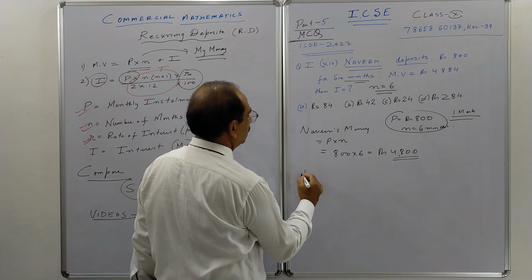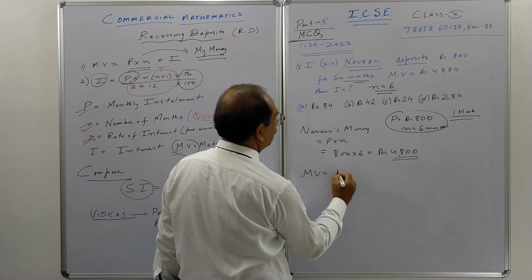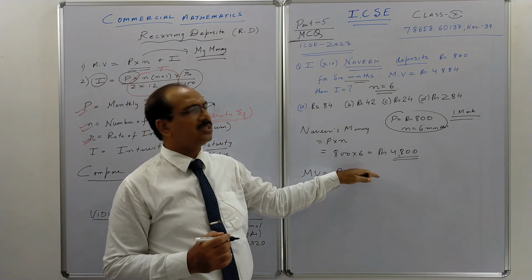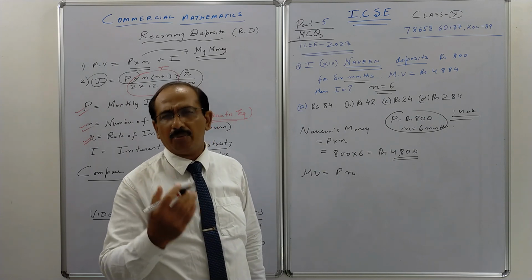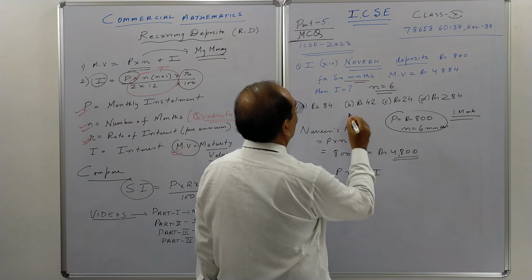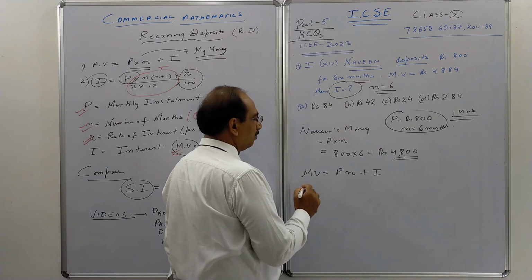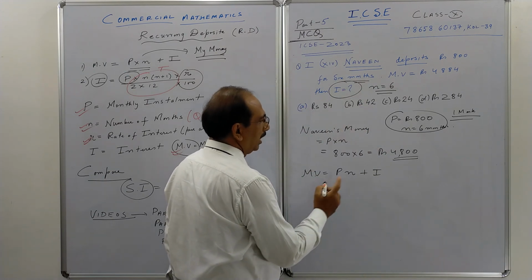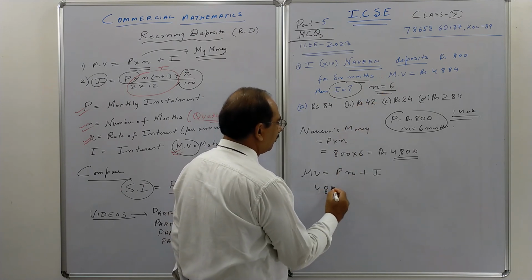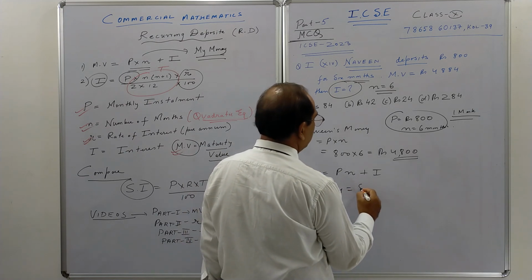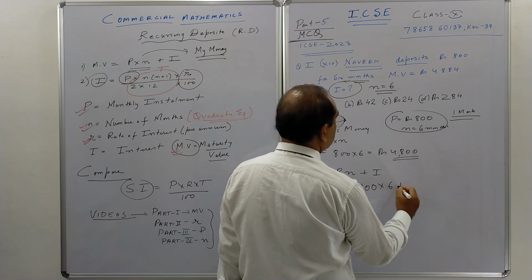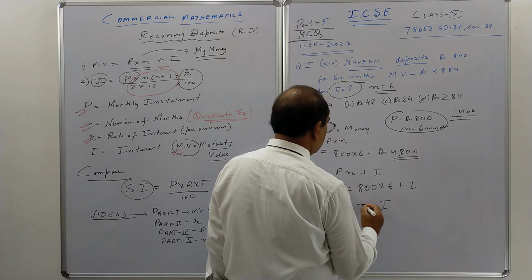If you see, maturity value is his money, as I told you over here. Why his money? 800 rupees for 6 months. So he's putting 4,800, the bank will give him back, plus the bank gives I. So here the question is, children, what is I? Interest paid by the bank. So the bank gives him back 4884, and as we see, P into N is 800, his money per month, into 6, plus I. So I is